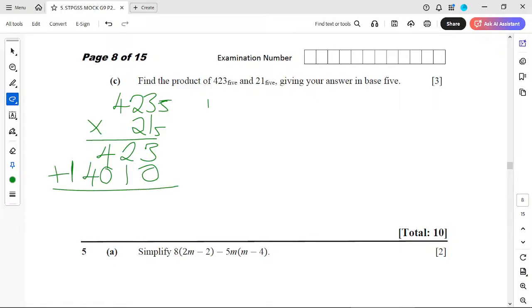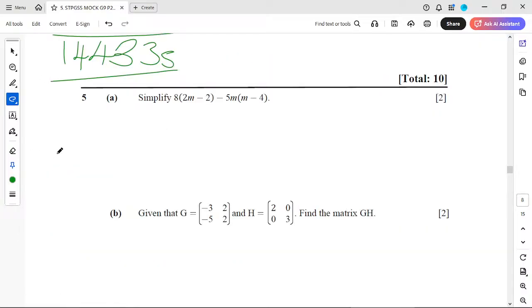Okay, like that. Then we add them. So 3 plus 0 will give us 3. 2 plus 1 will give us 3. 4 plus 0 will give us 4. 4 plus 0 plus 4 will give us 4. 1 plus 0 plus 1 will give us 1. And this is the answer in base 5. If you have got questions, please don't hesitate to ask in the comment section. Basically, that's how we solve this one. Okay. Let's try